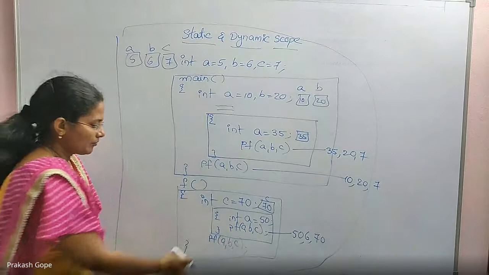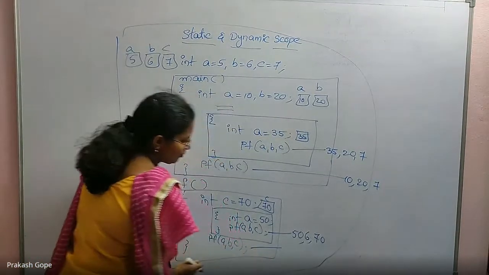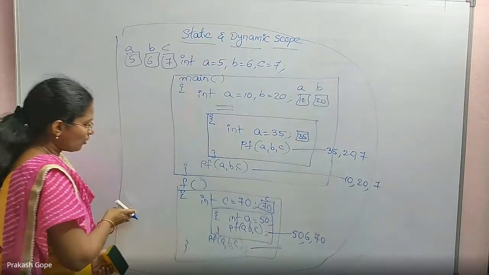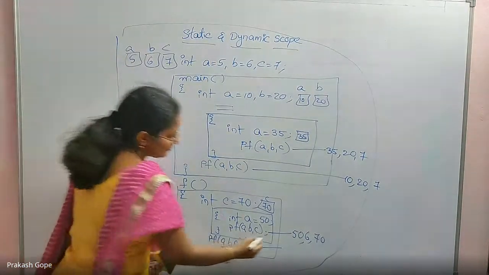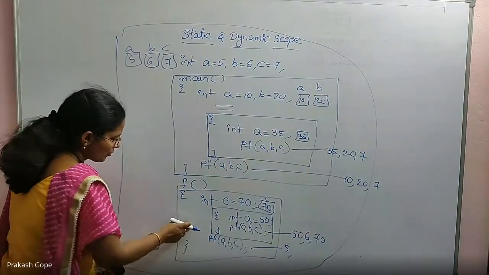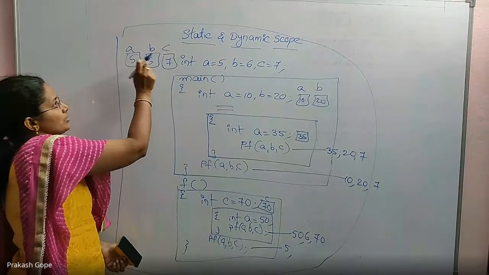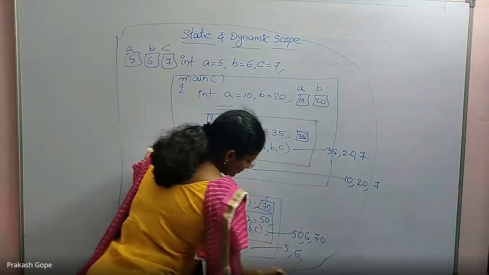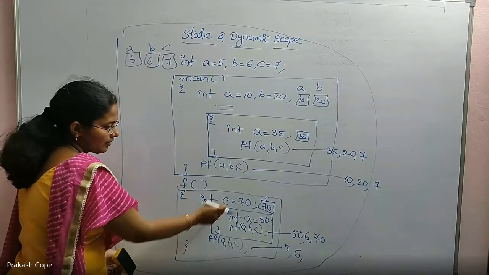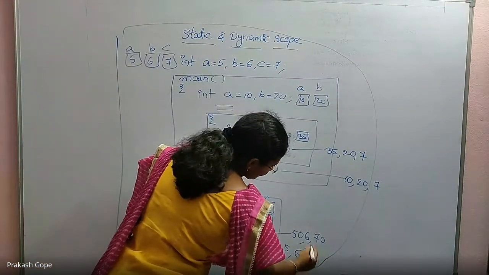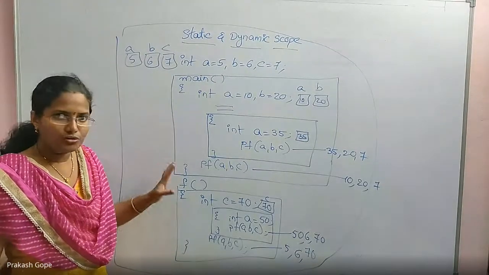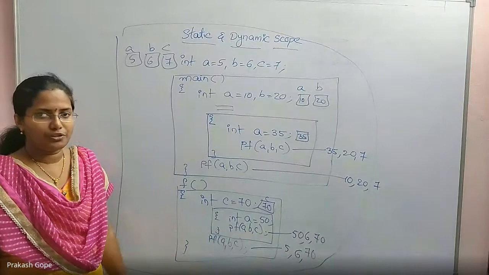It's dead. Now here, A, B, C. If I print A, B, C, what is printed? A value, do I have A declared in f? No. So the outer block's A is global. B, I don't have B declared in this block. So the outer block's B, which is again global B. Coming to C, yes, I have a locally declared C here. The value is 70. This is called static scope. C follows static scope. This will be the output if you execute.